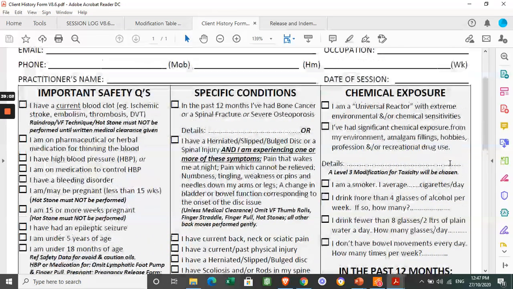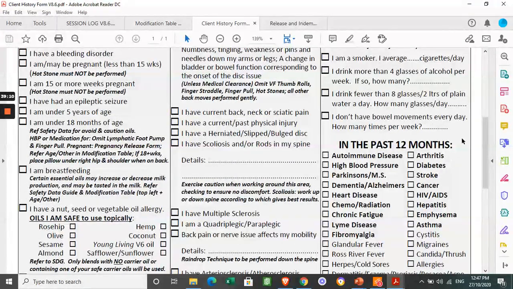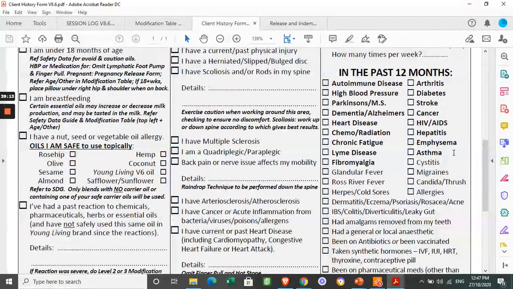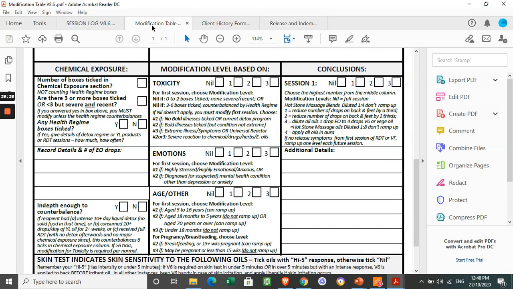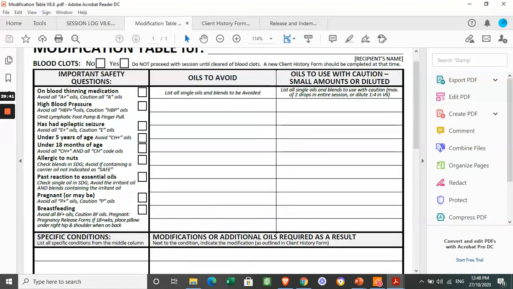Now, it's also part of the chemical exposure, but what we're asking about is the last 12 months. If any of these things have been experienced by the client in the last 12 months, that's going to have a fairly heavy impact on the modification table and how we gauge what kind of session we're going to give them. So it covers things like autoimmune disease, high blood pressure. If they've ticked that, you want to make sure that your modification table has that extra information. Make sure it's been checked off over here, because sometimes people miss it,